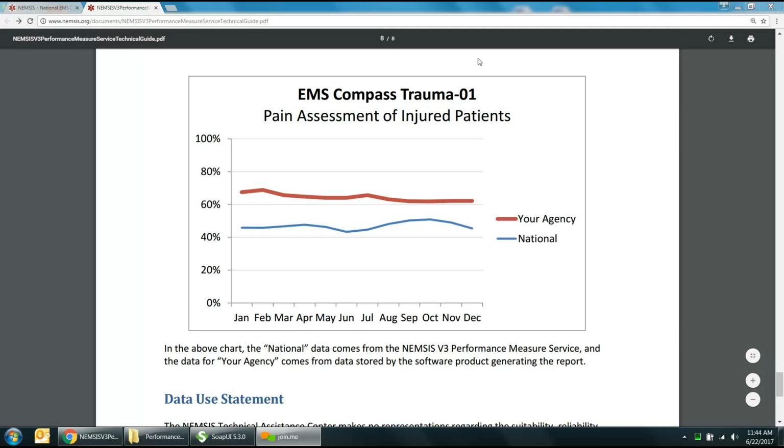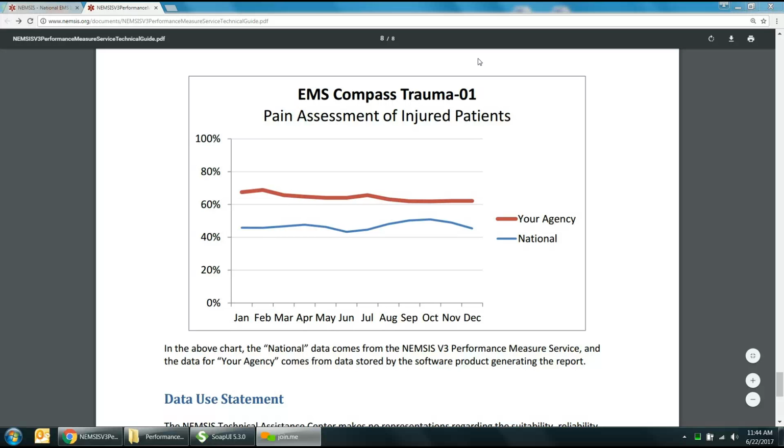We want to ensure that they're done, but say they're hovering around 60%, like we see on the screen. That's hard for an individual agency. They can watch variability, but it's incredibly hard for them to determine, is 60% good or is 60% bad? We'd all like it to be 100%, but maybe the denominator associated with the measure